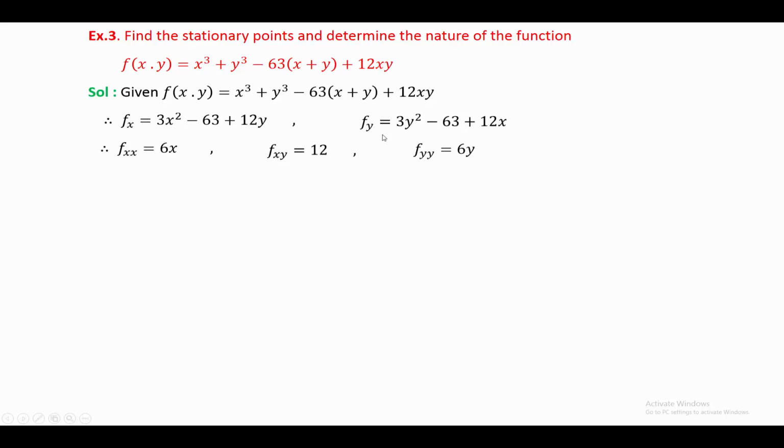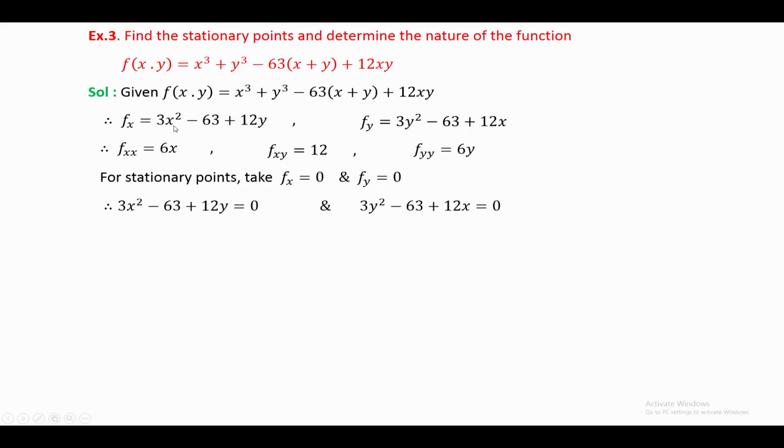F double y, derivative of f(y) with respect to y, 6y. For the stationary points, take fx = 0, fy = 0. fx is 3x² minus 63 plus 12y equal to 0, and fy is 3y² minus 63 plus 12x